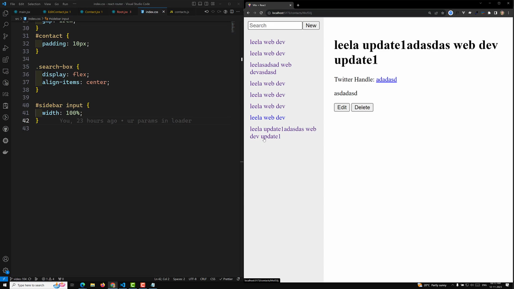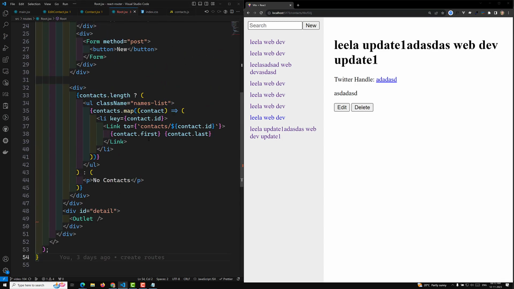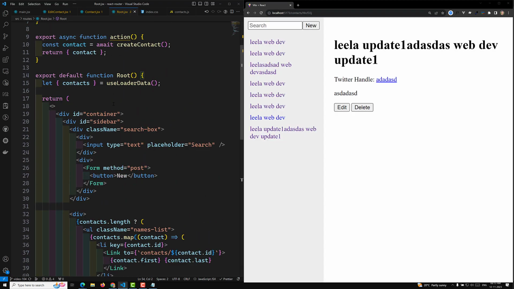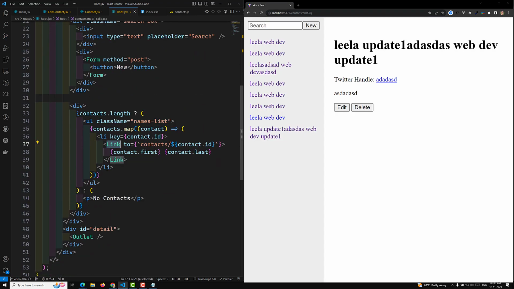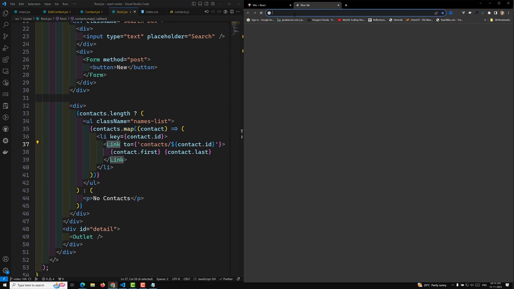But right now, the concept we are using is nothing but the link which is available in the root.jsx, right? So here in the root.jsx, we are using a Link component from React Router DOM. This doesn't give you any sense of knowing about the active element. So for this, we have another component, which is nothing but a NavLink. If you go to the React Router docs,